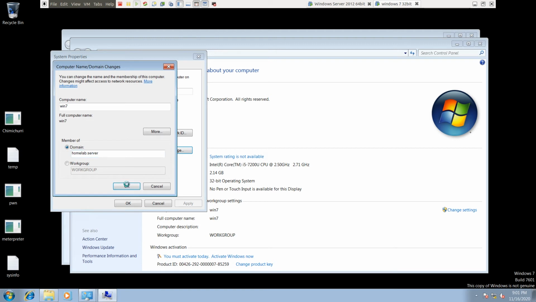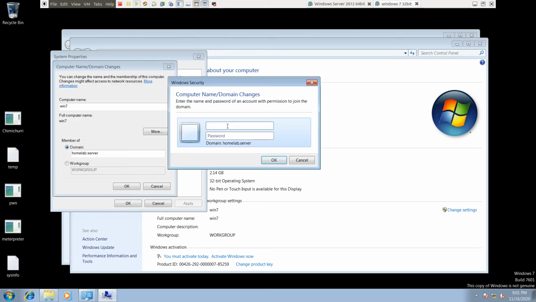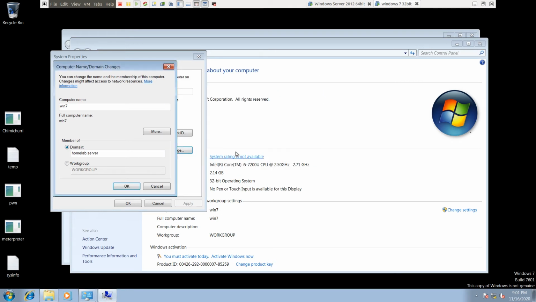So click on OK. Now it asks for the administrator password or any higher privileged password. So now click on OK.